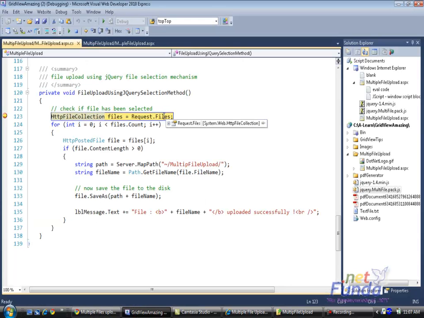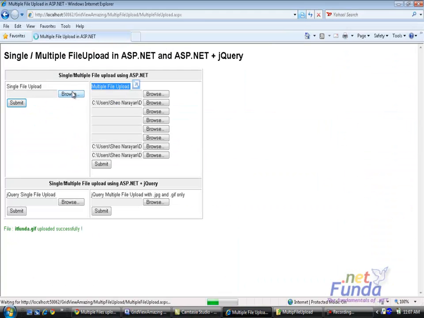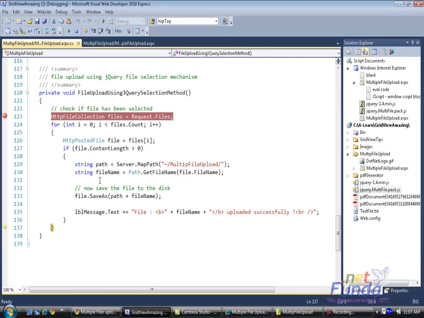You can see that it is showing me that there are 11 keys, the files, file upload control, and I will try to fetch each one of them one by one. You can see that first I am getting the first file upload control, and then I am searching whether it has content. The first one doesn't have any content, so it is not going into that condition.